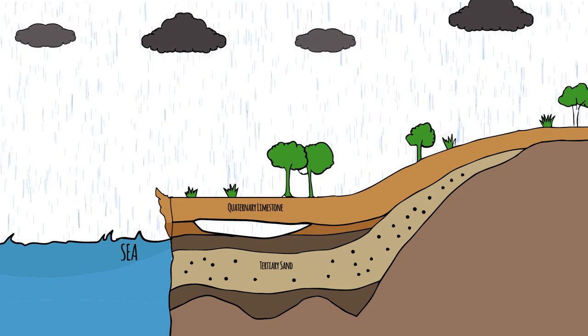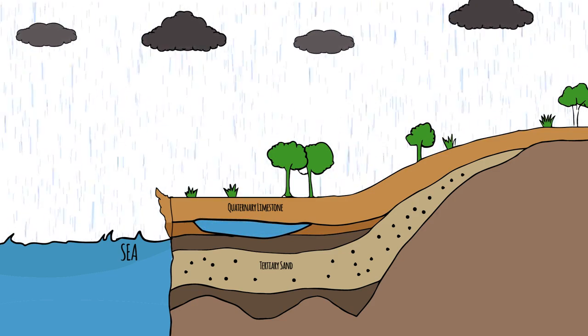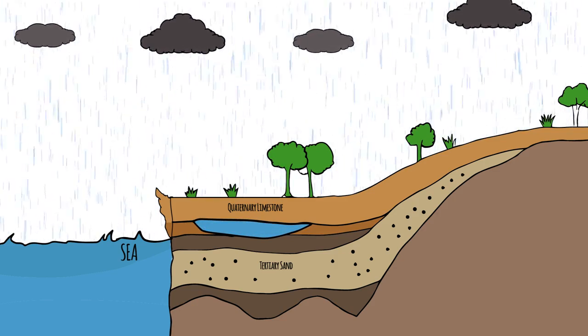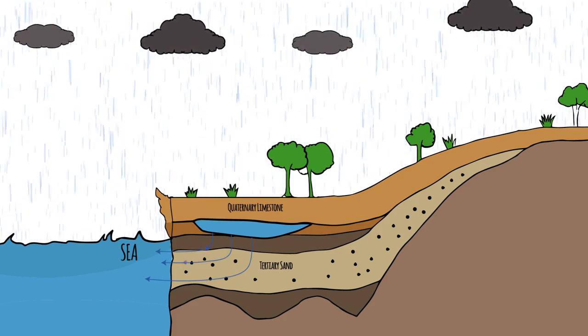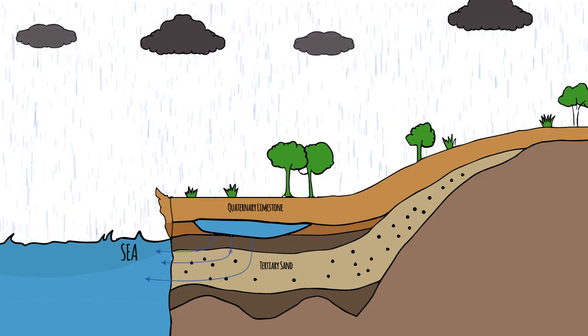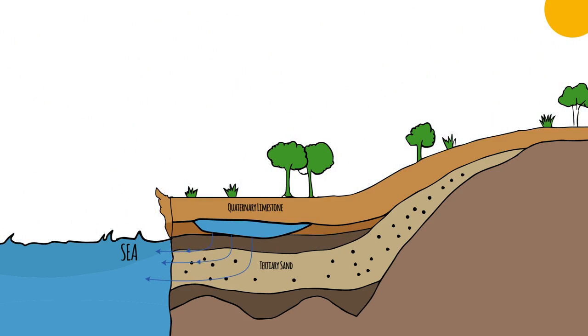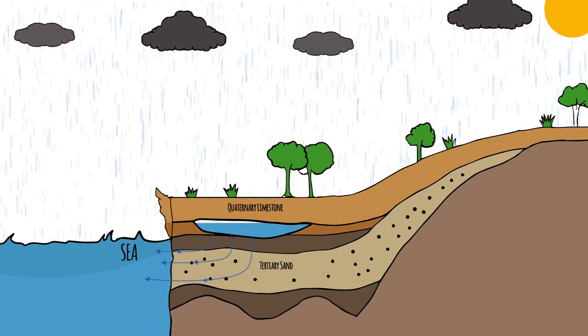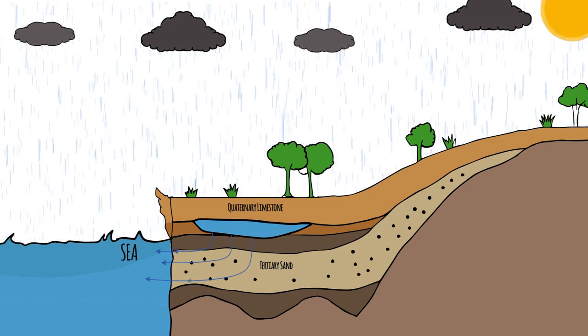These aquifers contain low salinity and brackish water and are readily recharged by heavy rainfall during the wetter months. The water in these aquifers occurs in the pore spaces between the sand grains and leaks through their base, eventually flowing out to sea. When there is little winter rainfall, the aquifers continue to leak and the water table falls. When there is lots of winter rainfall, the aquifers fill up faster than they leak and the water table rises.